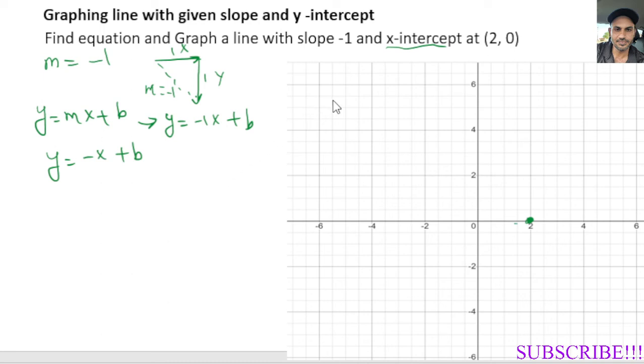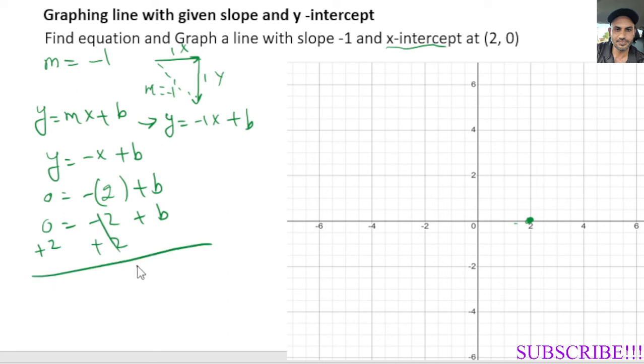Now the next thing we have to do is find out the b. For this, we can take this point that is given to us and plug it into our equation for y and x. So for y, we know it's 0 equals negative, and for x, we know it's 2, plus b. Simplify this. We have -2 plus b, and then we add 2 on both sides. So b equals 2. Now I'm going to substitute this 2 for b in the equation. So y equals -x plus 2. So this is the equation of the line,